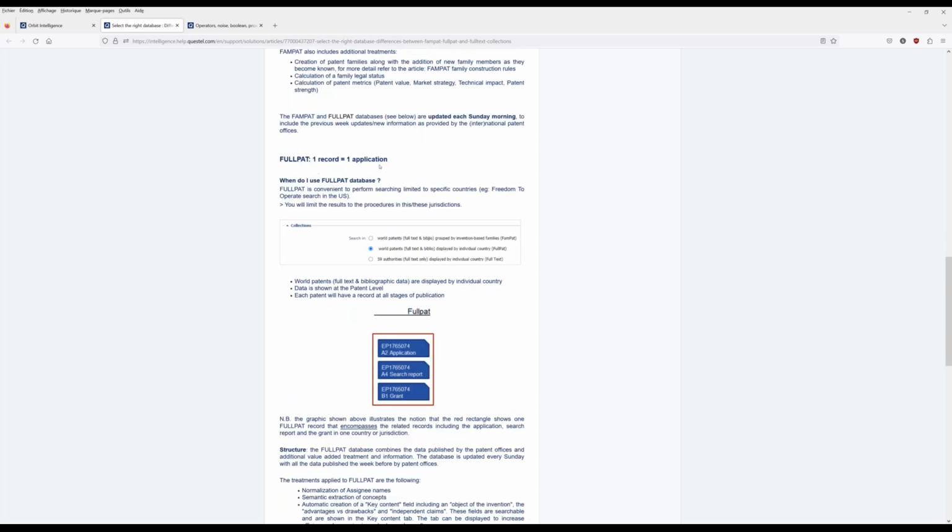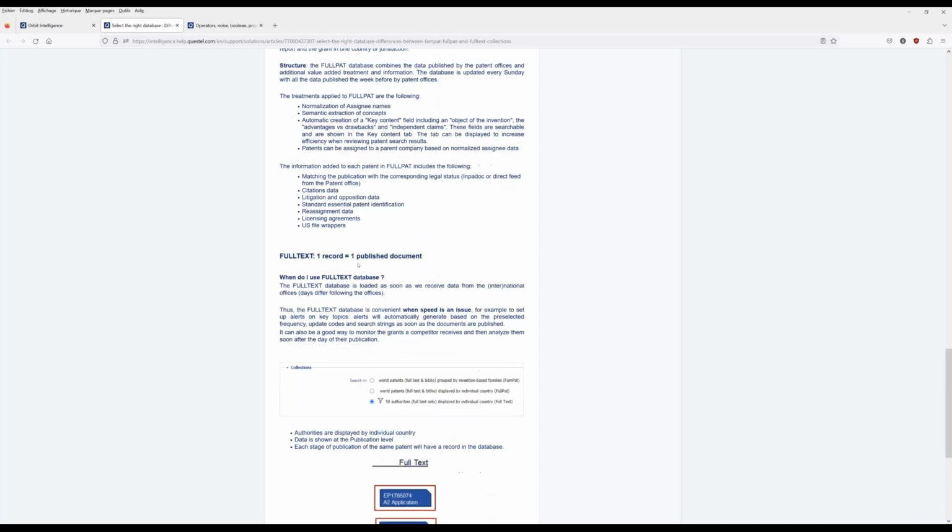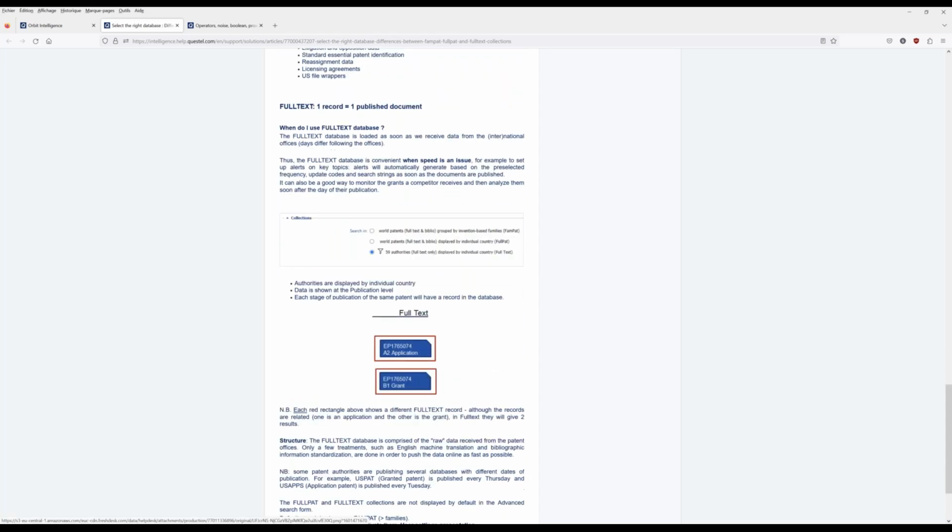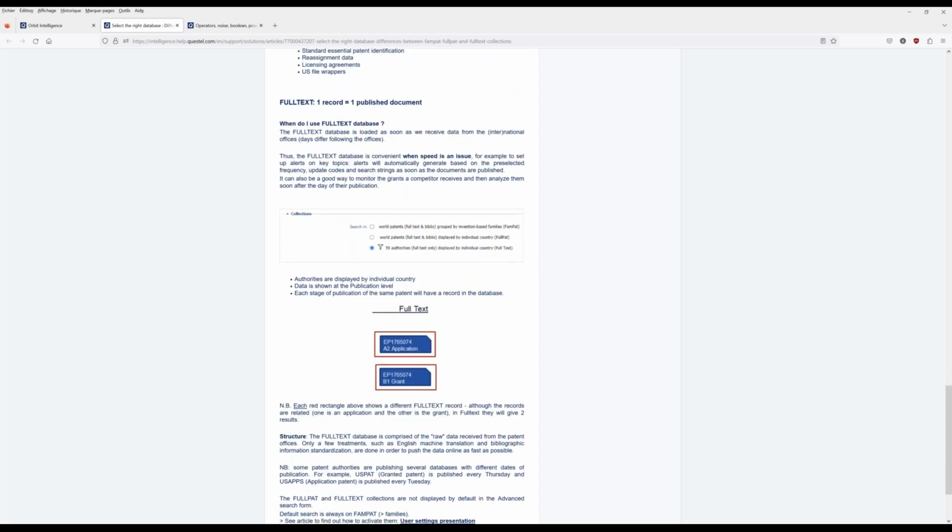and Full PAT, one record, one application. It depends on how you want to use the information. And the full text is really just one published document. So like I was saying earlier, you're asking in your question specifically about full text. It's more used, for example, when you are